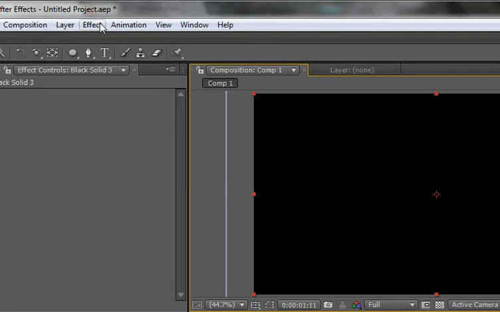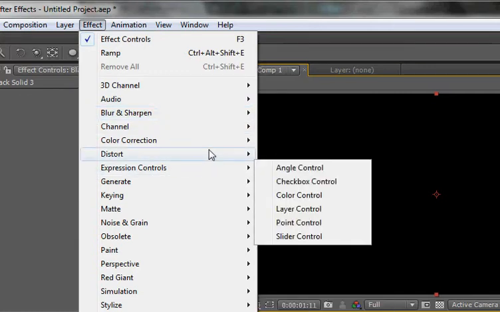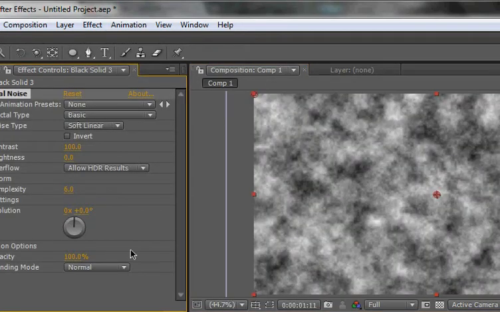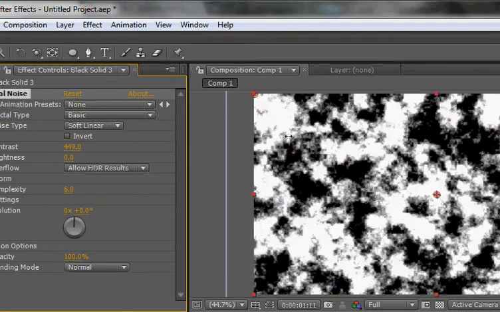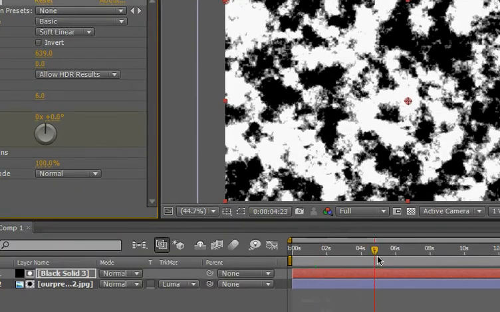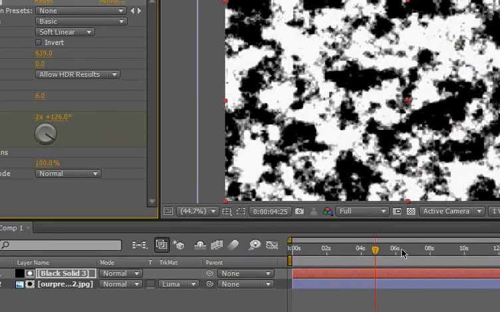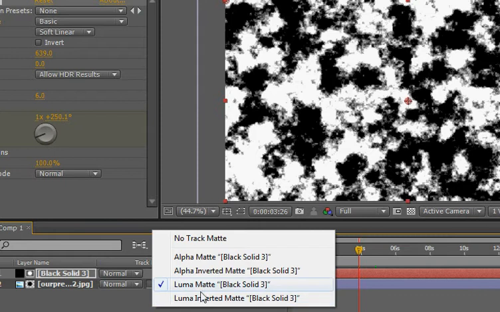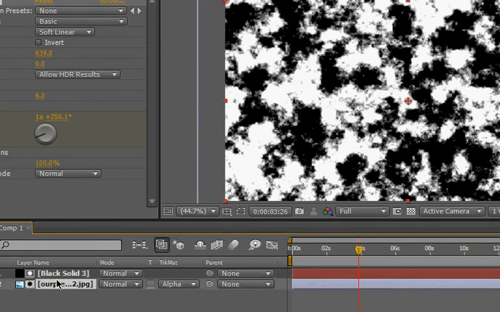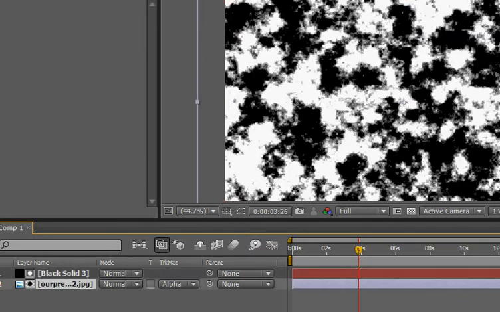And you can make it have a really cool vanishing effect by, let me delete our solid, going to Control Y just to make it easier, and then effect, noise and grain. Basically everything black in the picture will be see-through to the thing that you're applying the matte to. I'm gonna go to fractal noise. It's very hard to explain. And I'm just gonna boost up the contrast so that everything's either black or white, there's no in between. And I'll keyframe the evolution. Just set it up a lot. So we have it moving, then we'll do